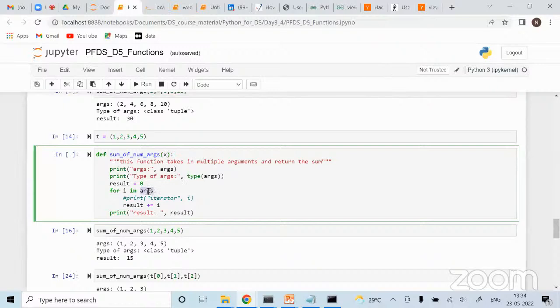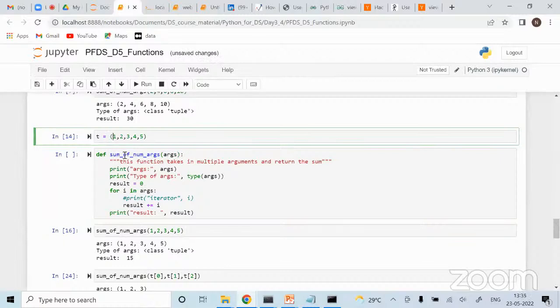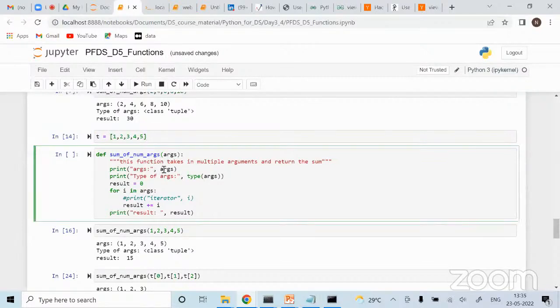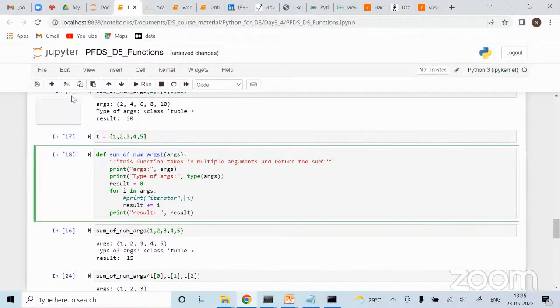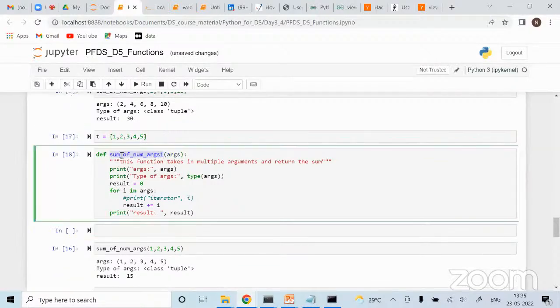Or let me type it this way. Just remove that star, because it can be any other name, right? It can be any name, right? And if I create it as a list, okay, and let's say I define one function. Now if I run this,